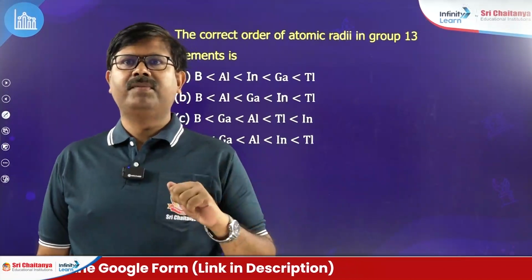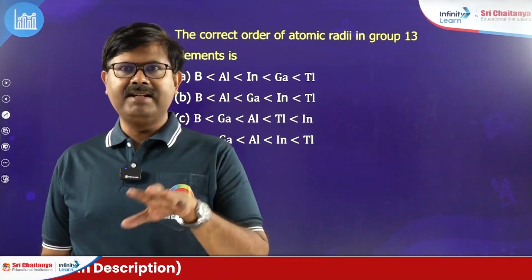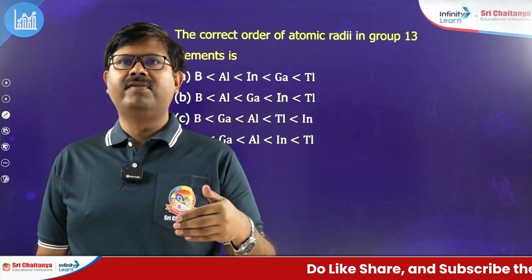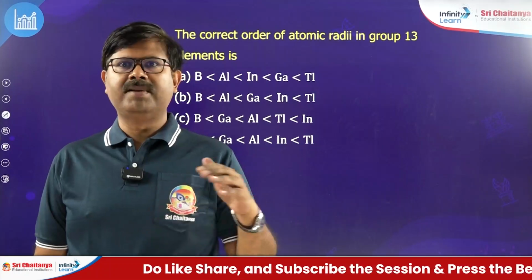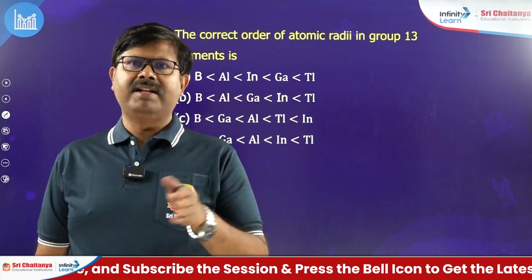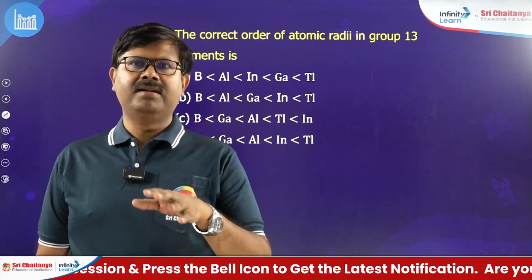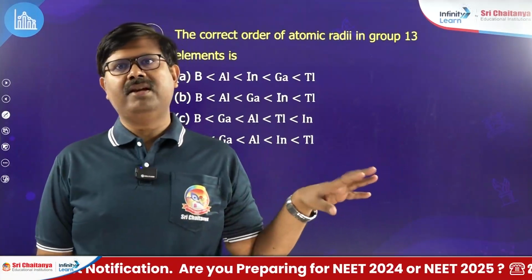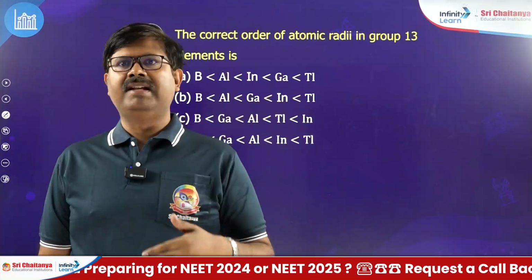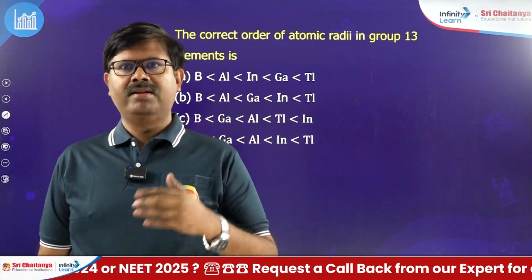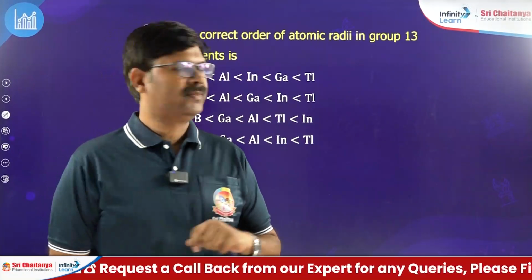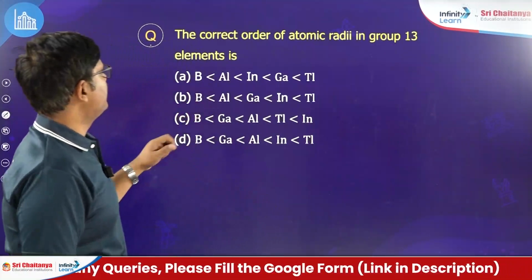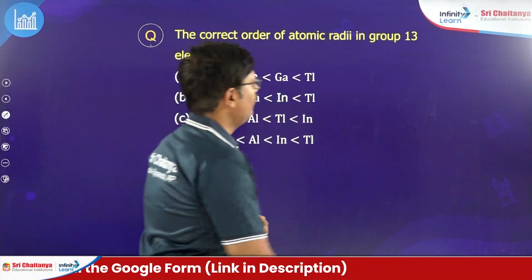In these topics, you have to only focus on the general trends in each group and what are the anomalous properties of the first element in the group, that is the second period element. All the rest, that is the compounds of these groups, are completely removed. Now we will see questions related to the general trends and the anomalous behavior of the elements in those respective groups. Let's start. The correct order of atomic radii in group 13 elements is,